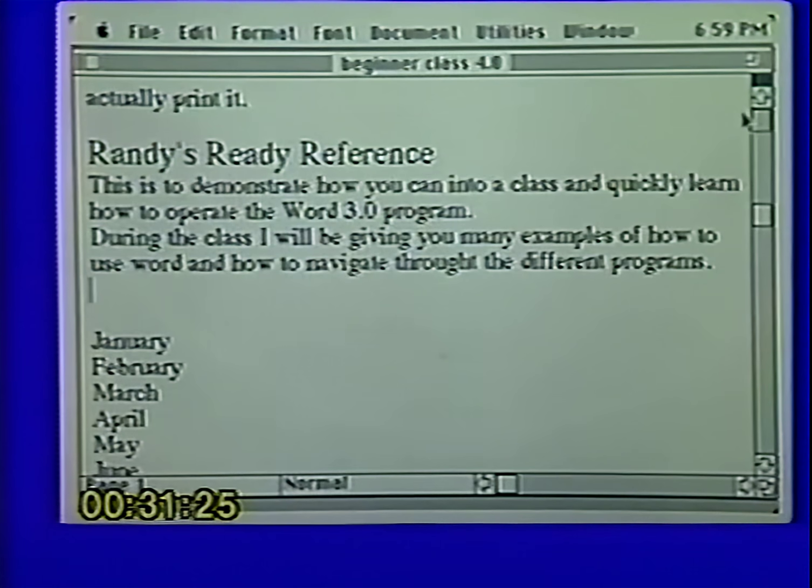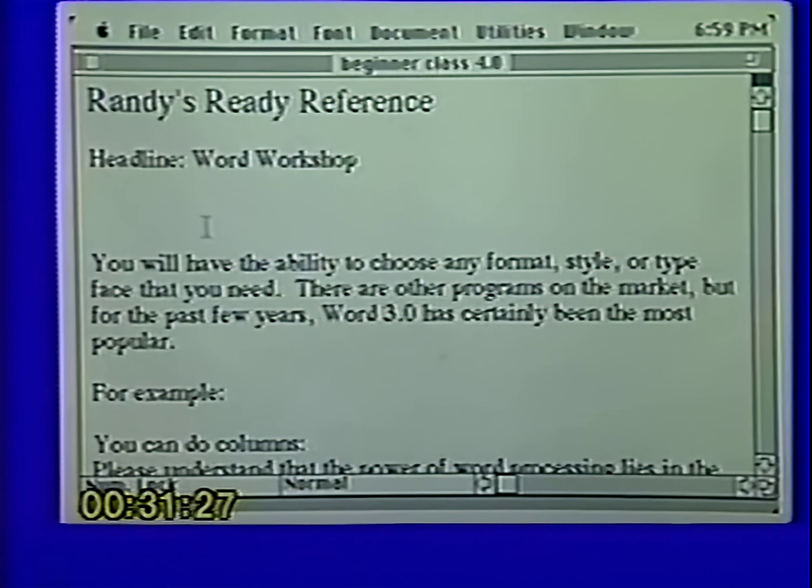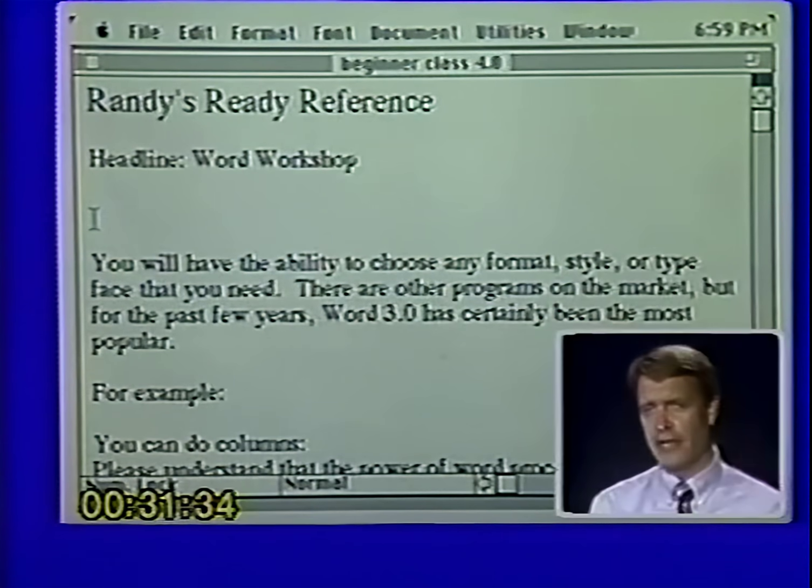Now, let me just ask you a question, and I hope if you've been following along: since it simply disappeared, where did it go? Well, the Macintosh has two storage areas. One is long-term, one is short-term. Now, one of them is RAM and one of them is ROM, but don't remember that. It doesn't have to be that technical. You have a scrapbook under the Apple menu. That's your long-term. What that means is if you cut something out and paste it into the scrapbook, it will be there when you turn your computer off and turn it back on.